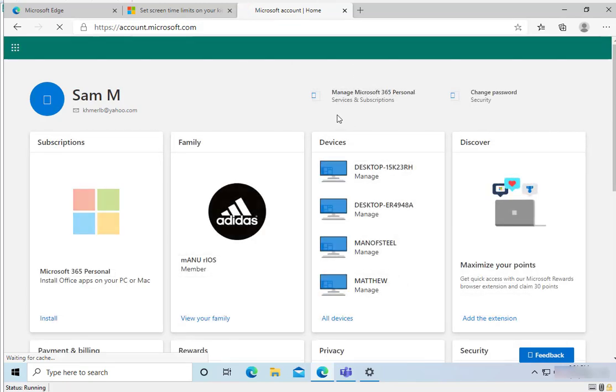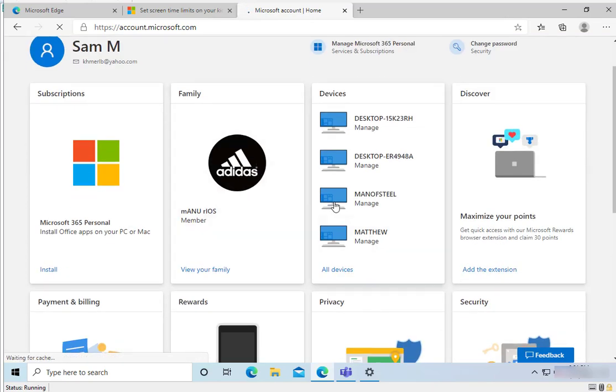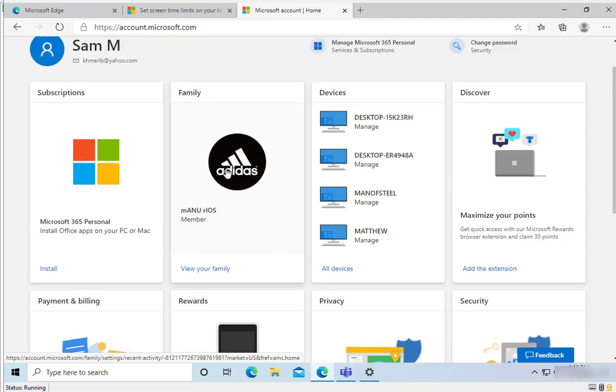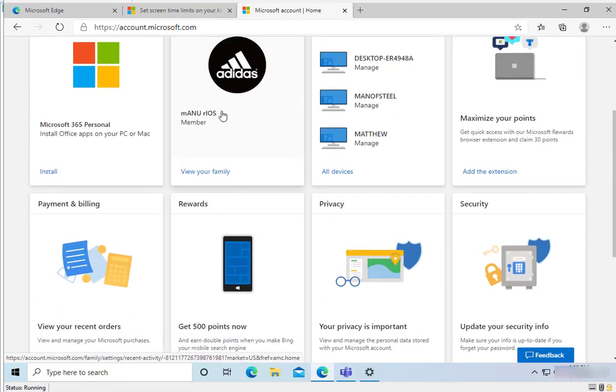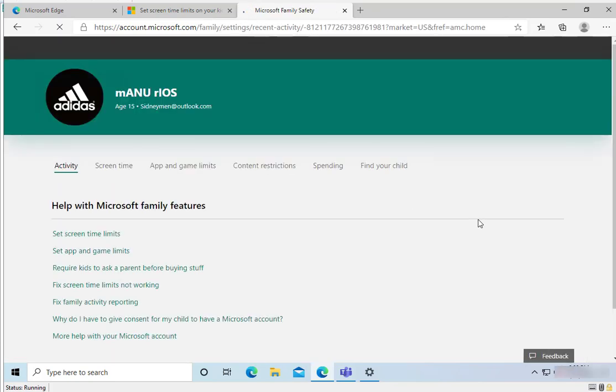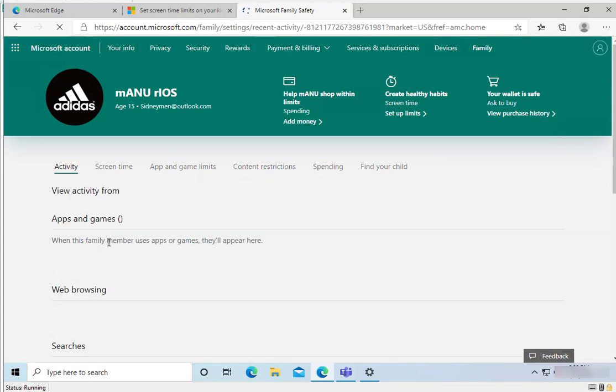So I'm going to restrict or set the screen time limits on one of my child's computer or credentials. I'm going to set the limit for Manu Rios. I'm going to click on his account, and then I'm going to,